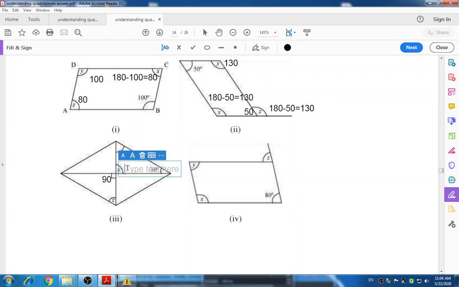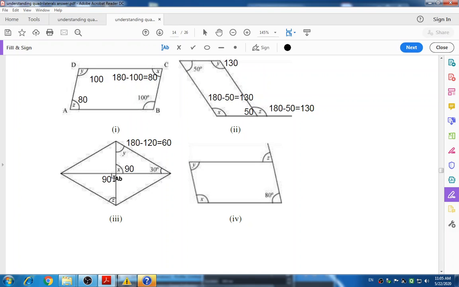So what about the Z? Now this is 90 degree and this is Z. Now look at here. How can we find this? It is again the opposite angle of Y. Y and Z are opposite angles which are equal in measure. So this is 60 degree.